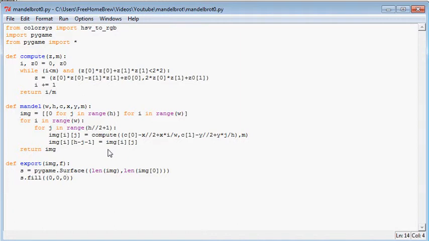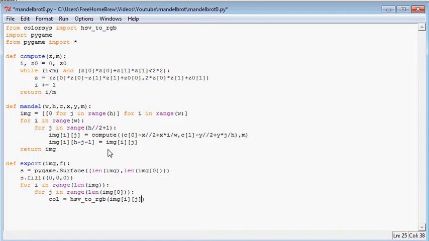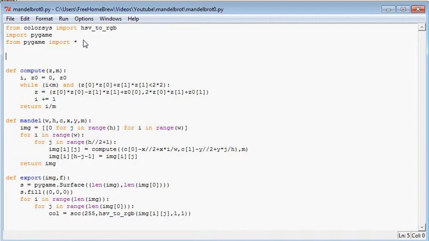Well, for every pixel in the image, we will need to compute a color. Oh yeah, this is where I need the HSV to RGB, because I like the color transition using this function, which is imij, comma 1, comma 1. So this is just a saturated color. Now this will return a color with values between 0 and 1, so I need to scale this. Scale color 255, comma the color there. Now this function is not yet present, so we need the